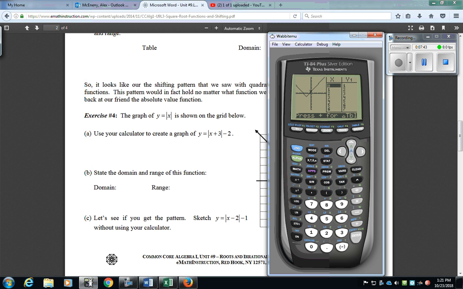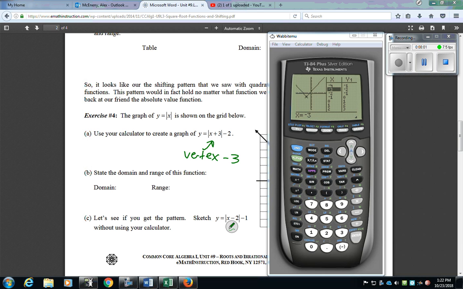And then if I go to the table, what I want to focus on right now is that vertex point where it turns at, which is -3, -2. So for this one, we do have a vertex, a turning point at -3, -2. And you'll notice kind of the same pattern. The x value is opposite and the y value is exact. But for this one, the domain is a little different because the domain is going to be all real values, or all real numbers. And the range is going to be anything greater than